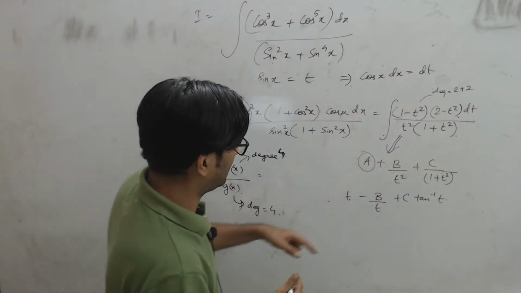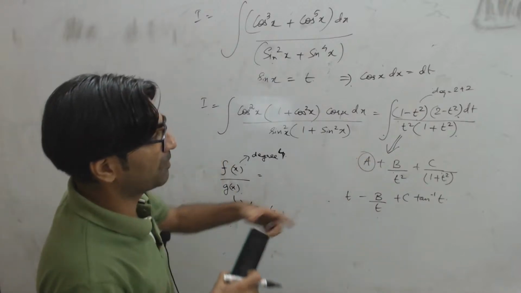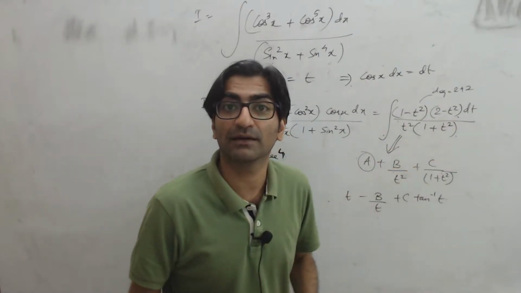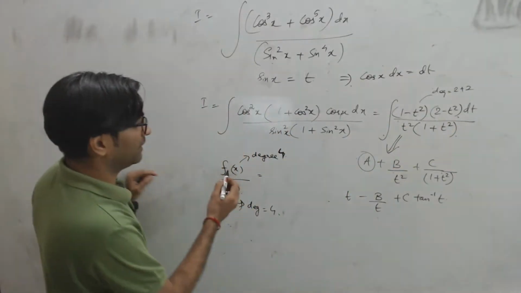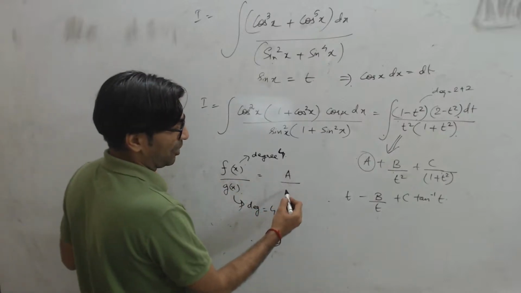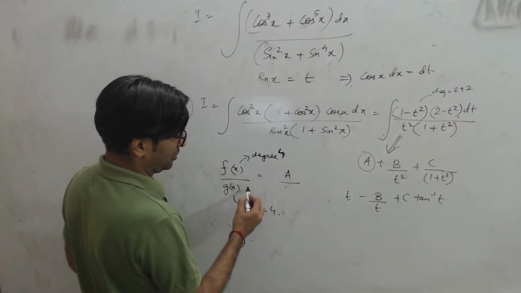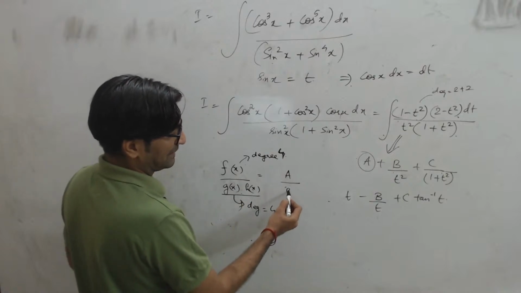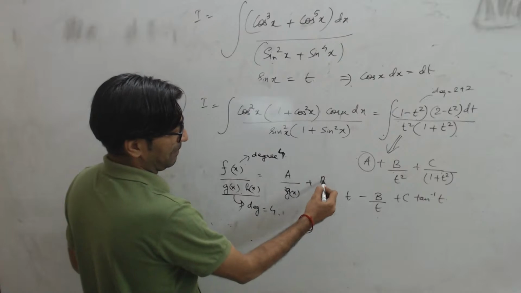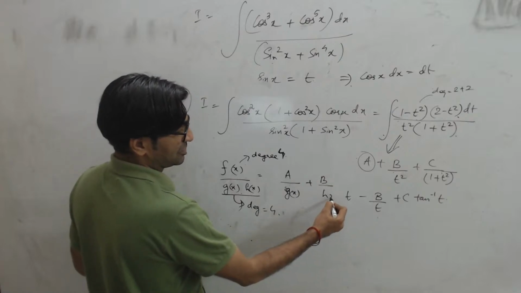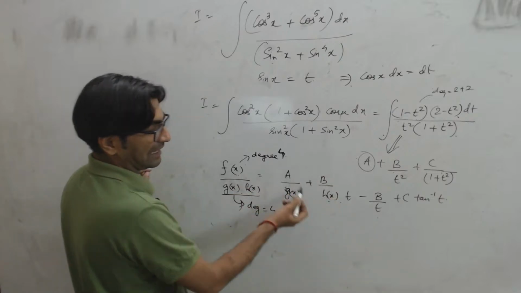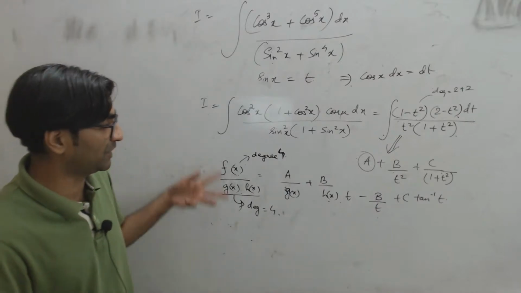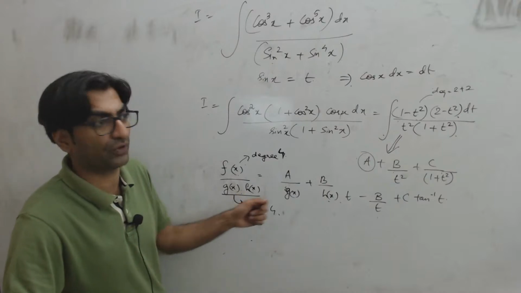You'll probably want to write the numerator as this plus or minus something, right? Remember the other thing, you can directly write it as a upon, you know, if it's g into h, let's say, right? So you can directly write this as a upon g plus b upon h. You could write it this way if the numerator has a degree which is less than the denominator. If it's not of a smaller degree, if the degree is the same, you'll also have to get a constant